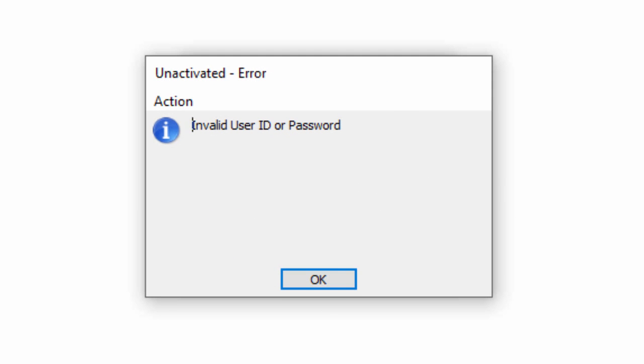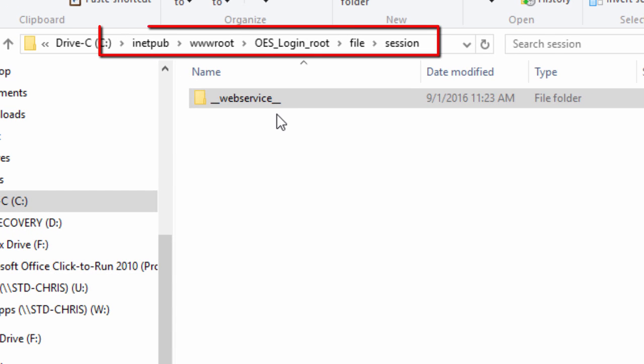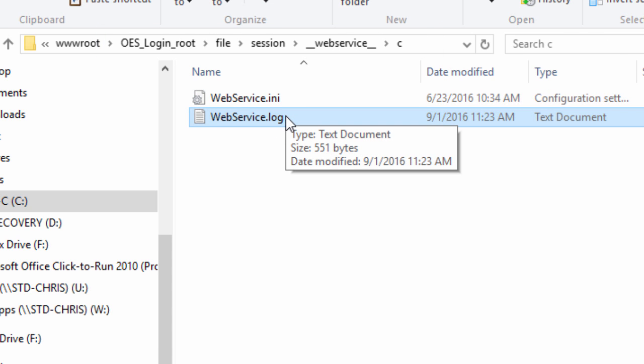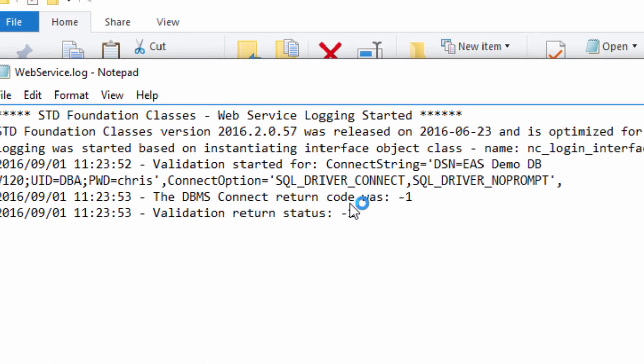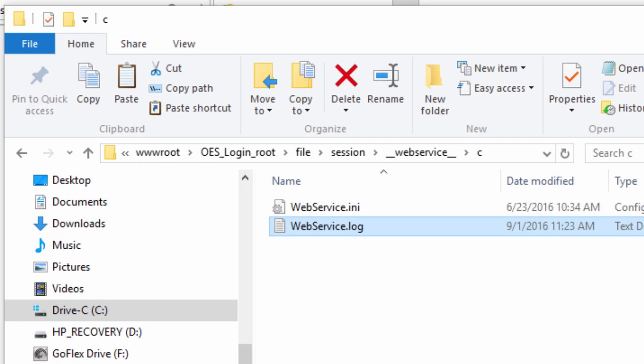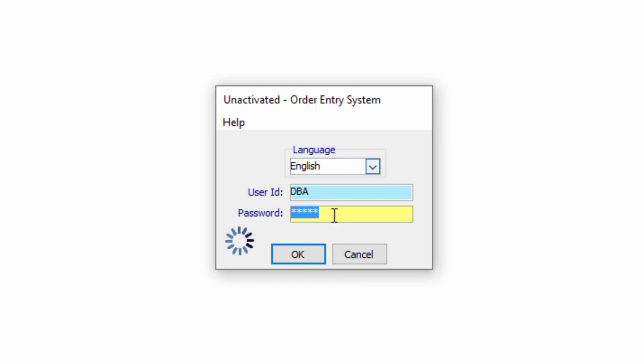Invalid user ID. So if I go back here to my session, inside IIS, you can see here that there is a log file been produced. So when the web service is called from any application, it's going to validate the fact that you passed me the user ID and password, and I returned you a -1 saying that user ID password is an invalid combination. So if I come back here to the login screen and I type in SQL,